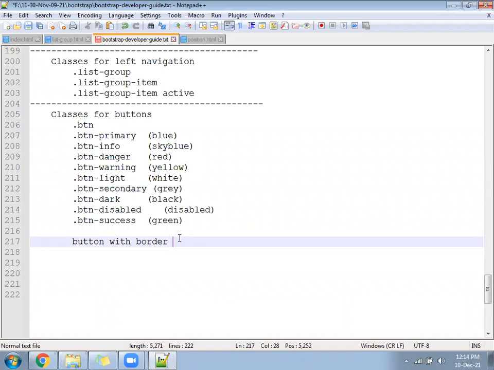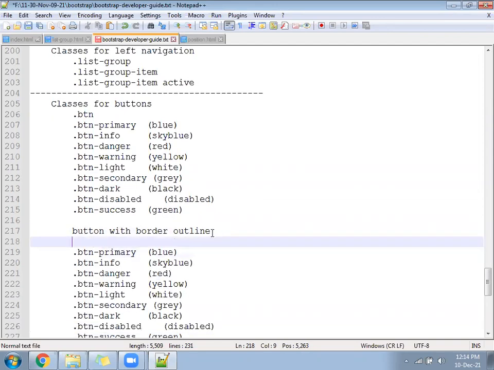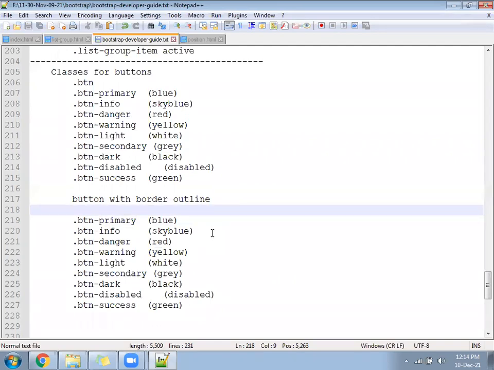Border as an outline. Border with outline. Button with outline.